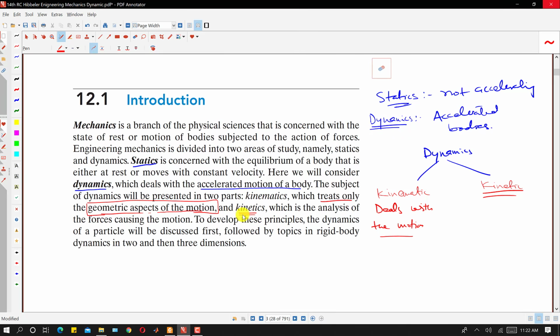So this means that in kinetics we will deal with Newton's laws, the gravitational laws, etc. In this dynamics course we will only deal with objects having motion, right? In the first part of this lecture we will only consider particle motion, right? And then we will consider the kinetics portion at the end, right?